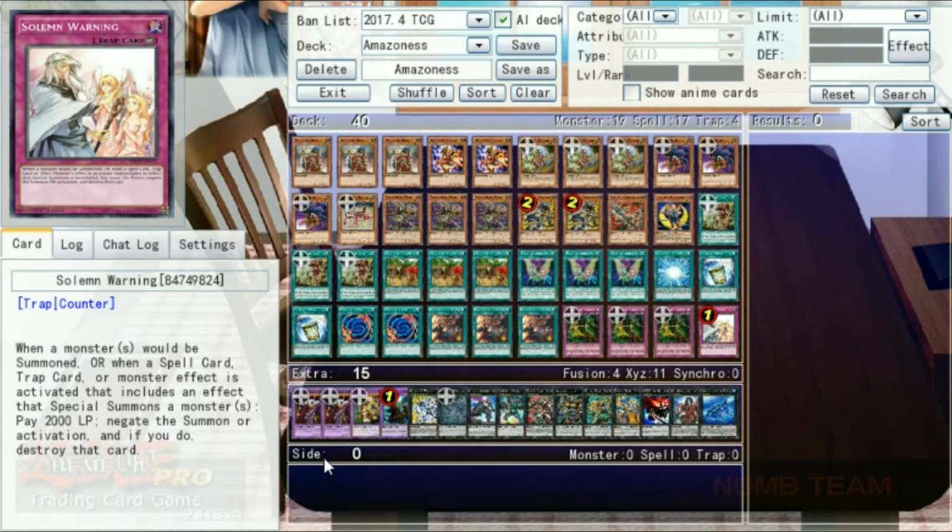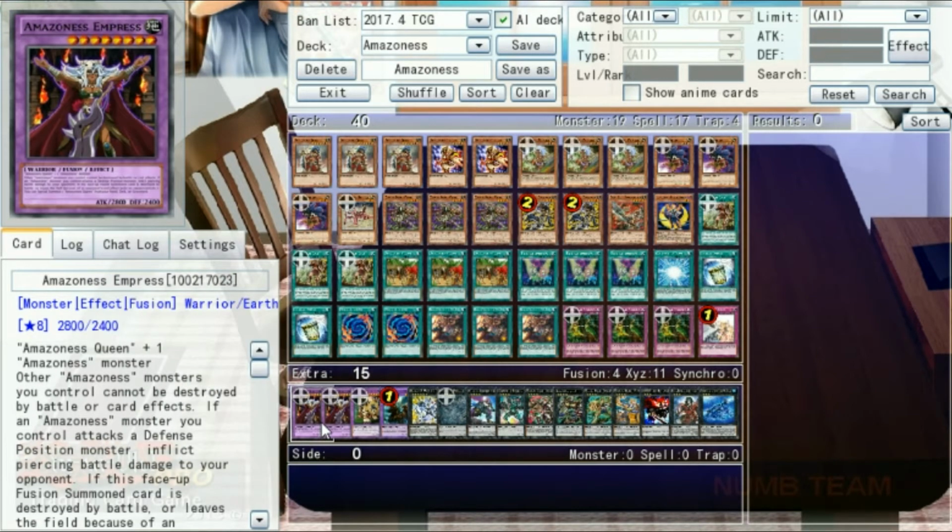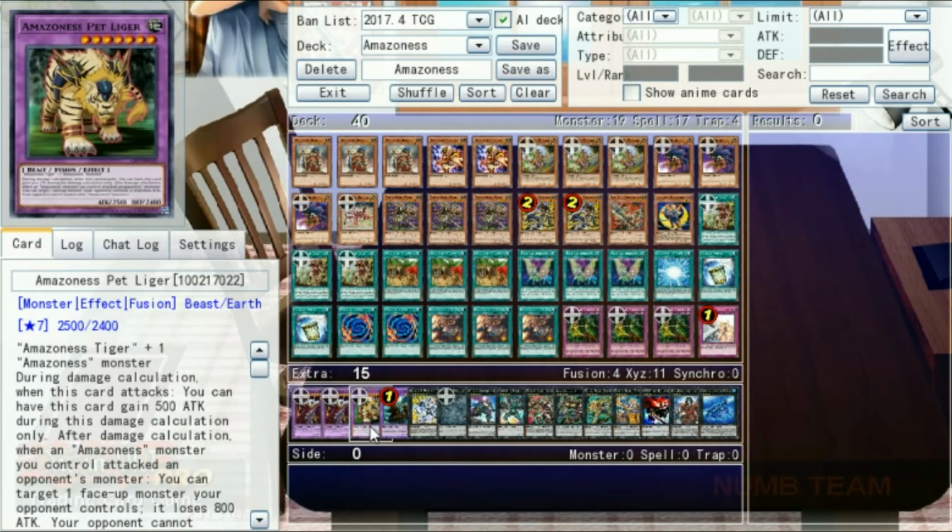In the extra deck, we have 2 copies of Empress. This card makes all your other Amazonases indestructible to battle and card effects. It gives them piercing, and it floats if it leaves the field into a queen from hand, deck, or graveyard. Next is Liger, bred for its skills and magic. He can gain 500 attack during damage calculation, can nerf an opponent's attack by 800, and is the only Amazonas